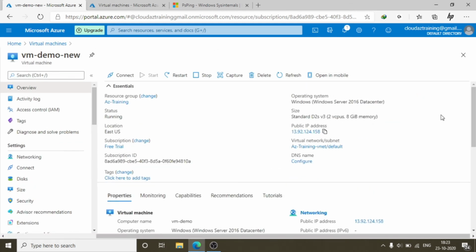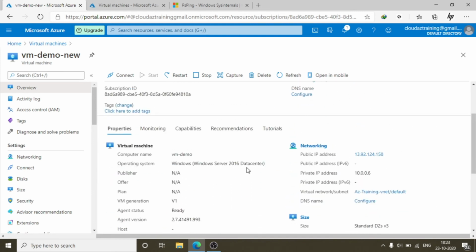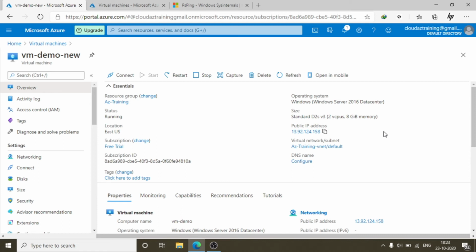This is the public IP, and everything will come, so nothing needs to be done. Sometimes they don't create a public IP.